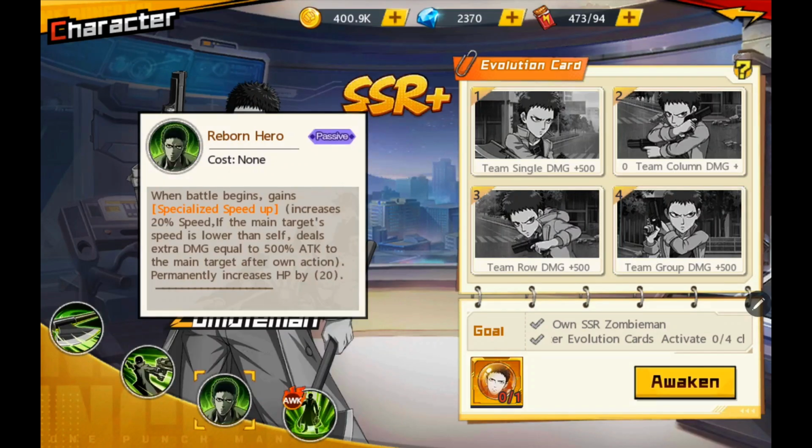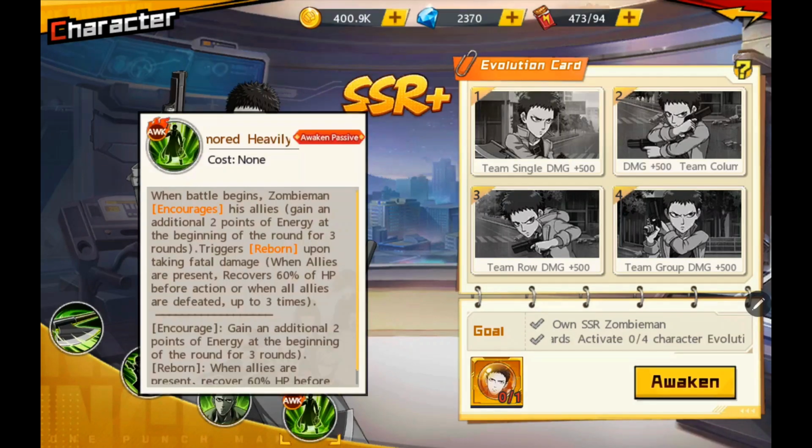For his passive, when battle begins, gains specialized speed up, increases 20% speed. If the main target's speed is lower than self, deals extra damage equal to 500% attack to the main target after own action. And the awaken passive for this character, when battle begins,